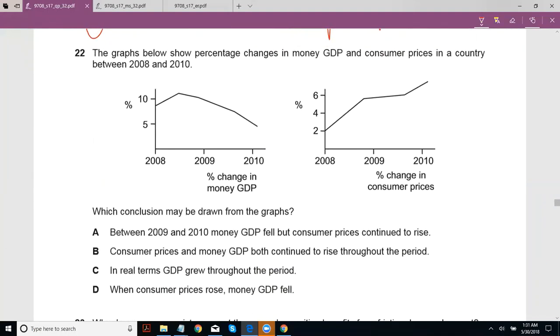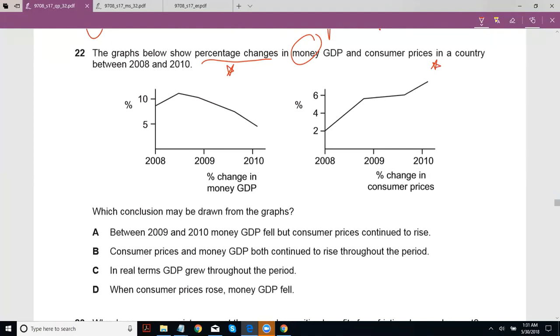22. The graph below shows percentage changes in money GDP and consumer prices in a country between 2008 and 2010. So you have your money GDP here, you have your prices. Between 2009 and 2010, money GDP fell, but consumer prices continued to rise. So